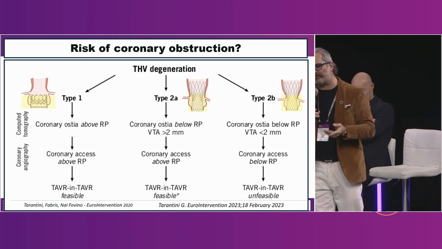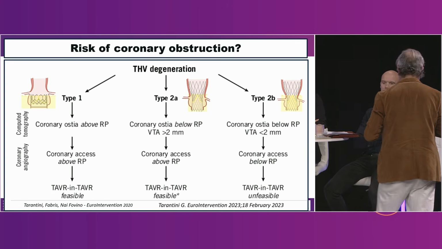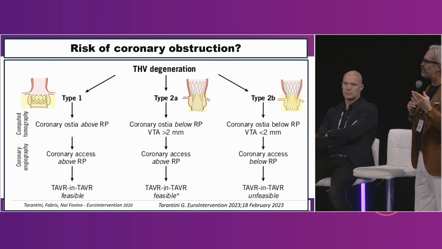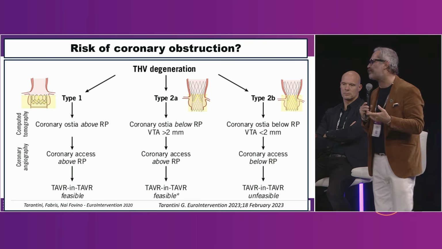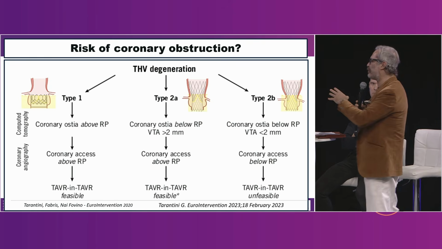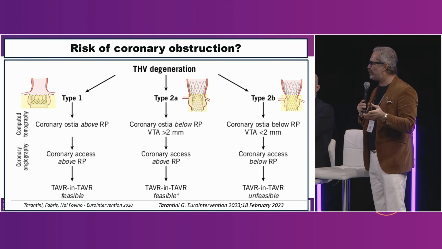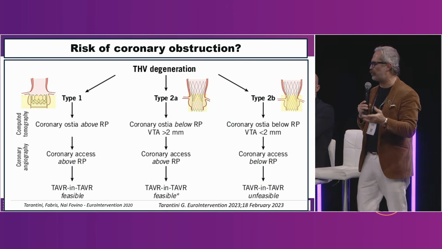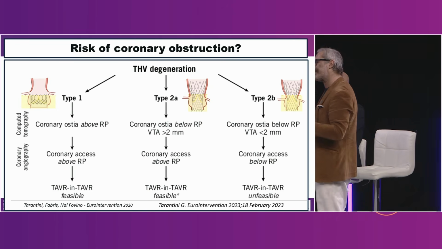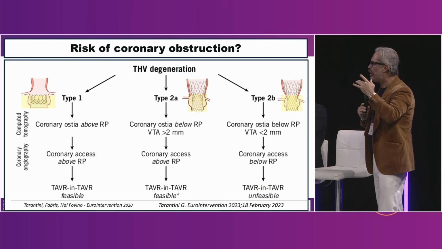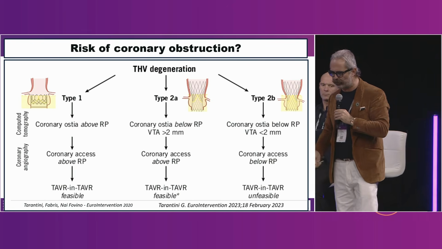Why is VTA so important, not VTC, with the TAVI? This is exactly the opposite with the TAV-in-TAV, where you consider just VTC. Why? Because the leaflets of the surgical valve do not touch the STJ. When you have a valve that touches the STJ, you don't have to consider the VTC anymore, or let's say it's not so important. What is important is the VTA, where you can create the sinus sequestration.